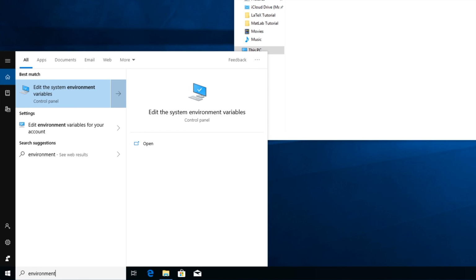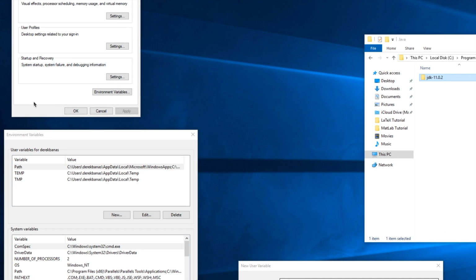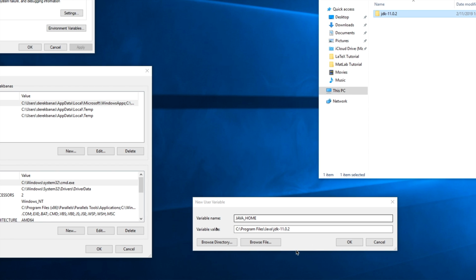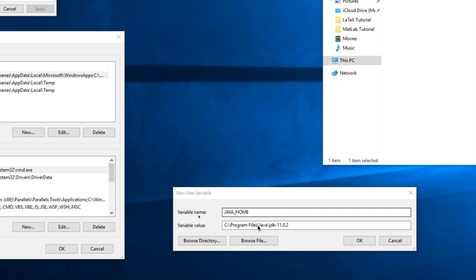After you do that, you are then going to type in environment down here in the little search bar, and then click on Edit the System Environment Variables. After you do that, you're going to click on Environment Variables, which is going to open up this guy right here, and you're then going to click on New. You're going to type in Java Home, and then link directly to the Java location, wherever you stored that,